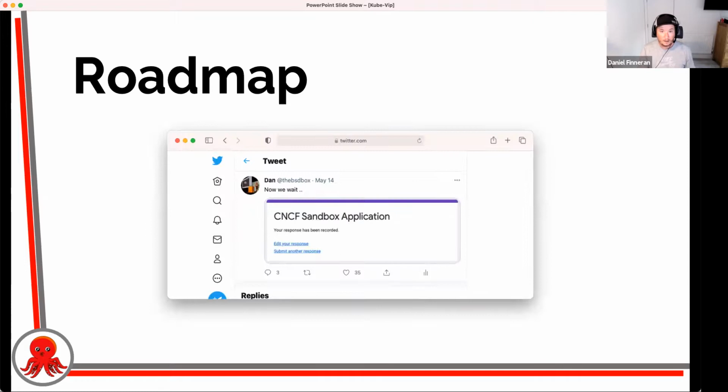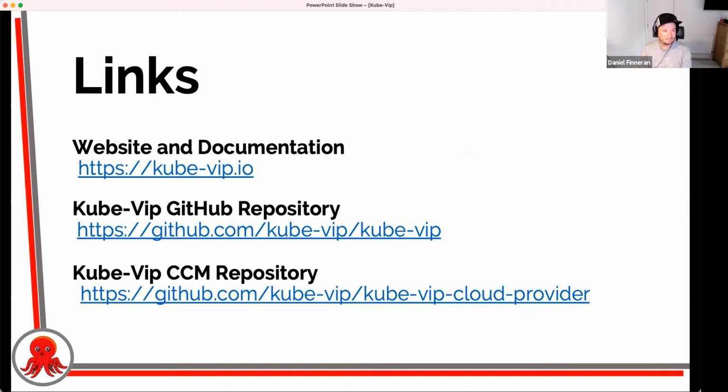This was a little bit old, so Kube-Vip has been accepted into the CNCF sandbox. So it is now officially a CNCF project. And as of yesterday, my talk on Kube-Vip was accepted at KubeCon. So if I'm allowed to go, if the USA will allow people from GB in, I will be at KubeCon to answer people's questions about Kube-Vip as well. So there's a lot of excitement going on around it at the moment.